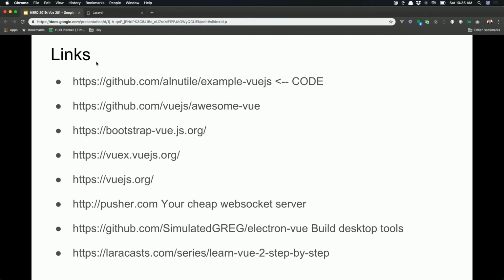This is the Electron Vue, and this is Laracasts. Jeffrey Way did a whole series on Vue step by step. He's one of the better teachers out there online, in my opinion, for PHP, object-oriented programming, and for JavaScript. He's an amazing JavaScript guy. He actually even has a whole series on Vuex. It was his first time doing Vuex, so he was like, I don't know if I really want to use it. But as someone who's on a team, I think it's a lot different.